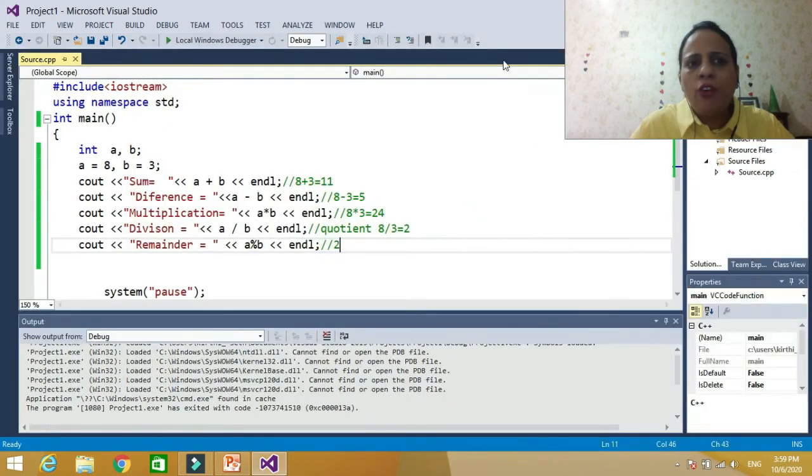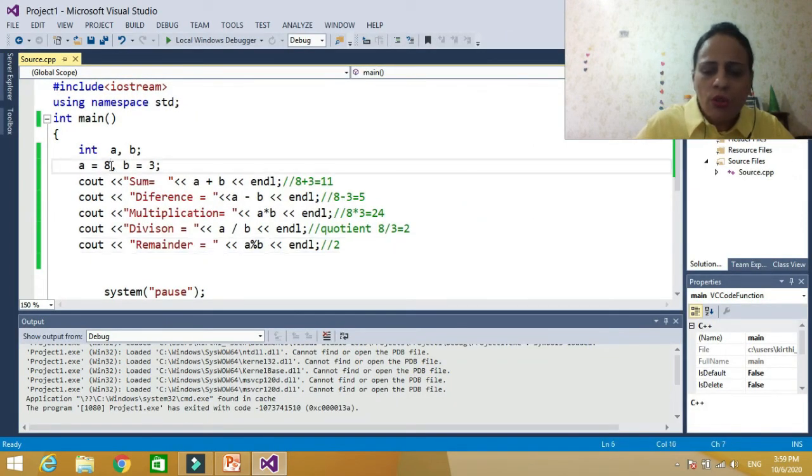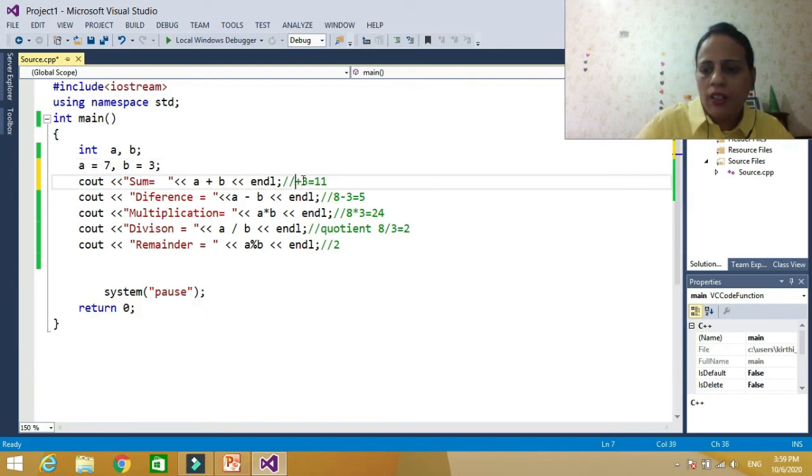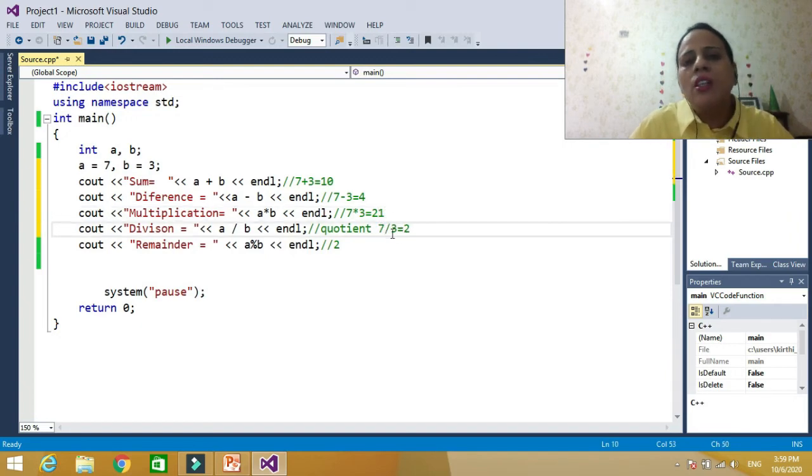So just check for another case. Let's make a is equal to 7. When I say a is equal to 7, the sum will be 7 plus 3, 10. Then 7 minus 3, the difference will be 4. Then 7 into 3, it will be 21. Now if I say 7 upon 3, first 7 will be divided by 3, and the quotient is 2, remainder is 1.